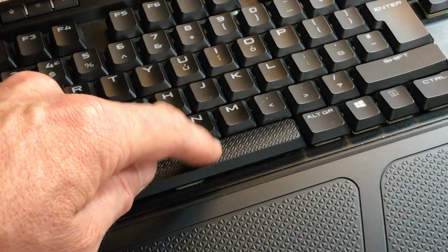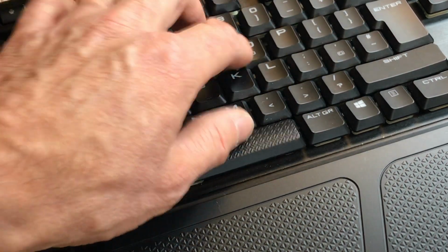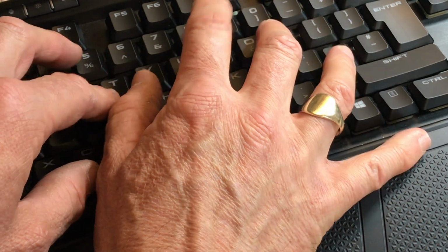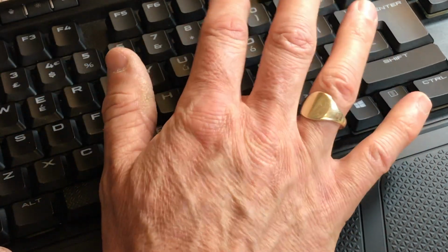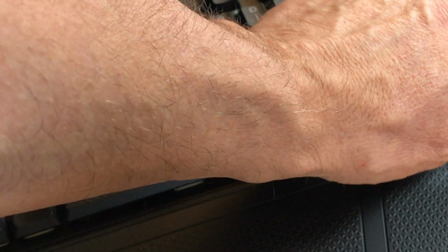It's a nice springy feel to the keys as you press them. And the clicking is not too loud, bearing in mind it's a mechanical keyboard. It's not silent, but it's not too terrible either. Very bearable. Feels lovely. As you can see, I'm now showing off my typing skills,